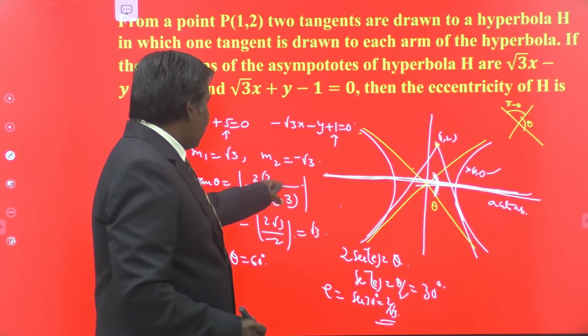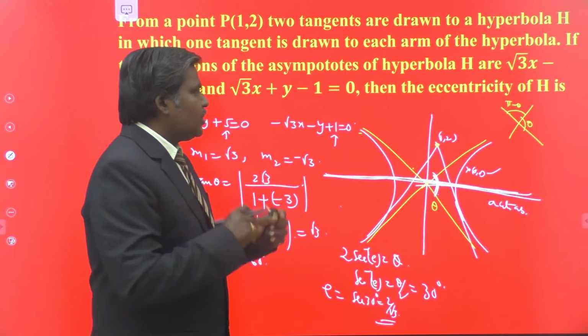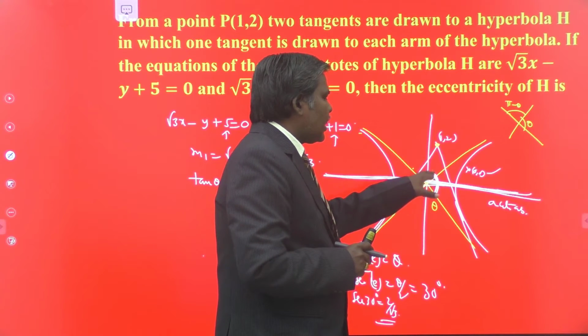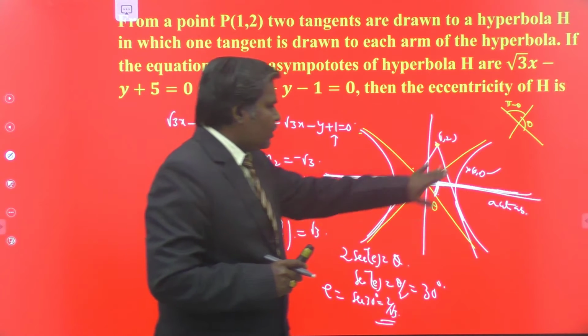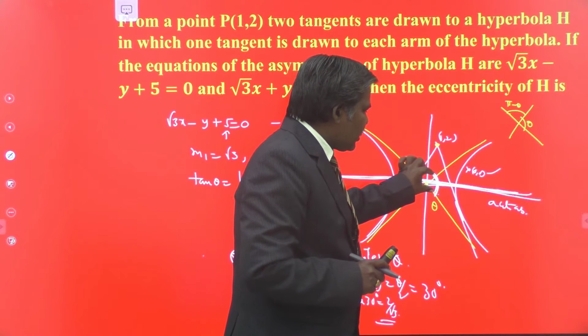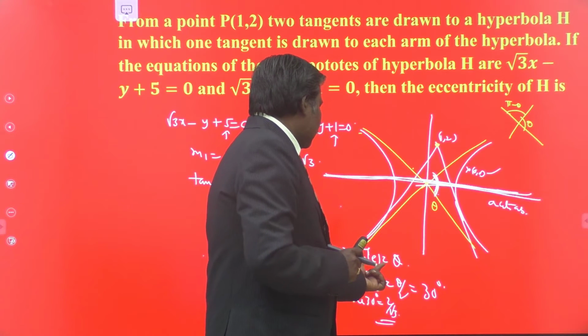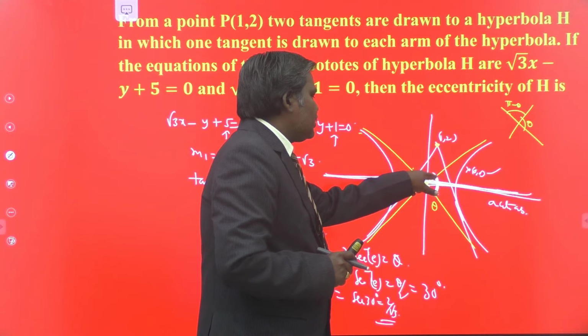If you take it as 120 degrees, your eccentricity becomes 2. That is wrong. So in this manner, we have to identify whether this angle is acute or obtuse. That is very, very important here. So where the branch is, you have to pick up the corresponding angle. The result 2 secant inverse e is theta is defined for the angle between these two.